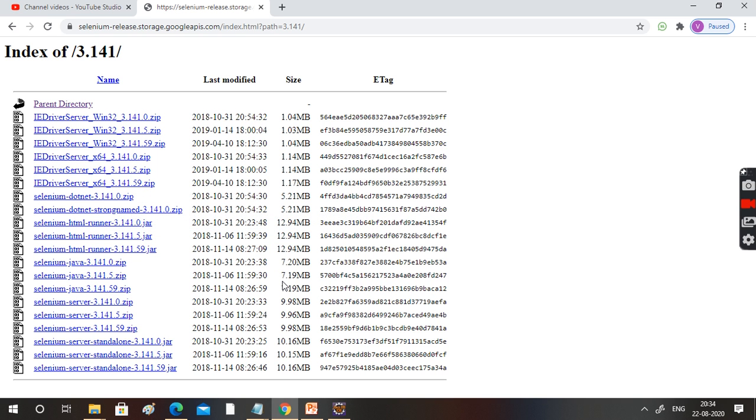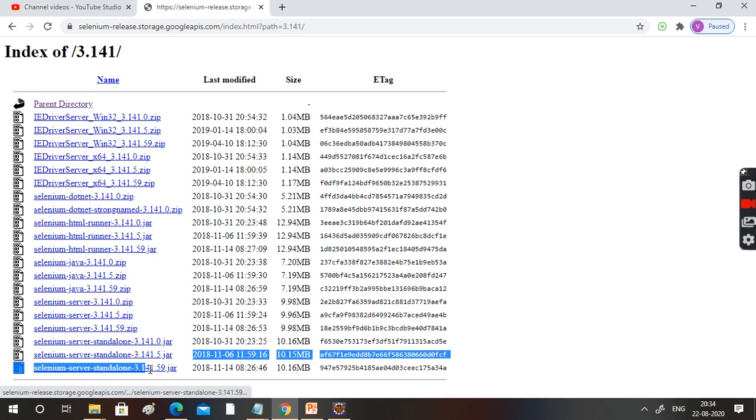To perform Selenium, you need this one, Selenium server standalone, and Selenium server 2. This file is not needed, but I will explain.